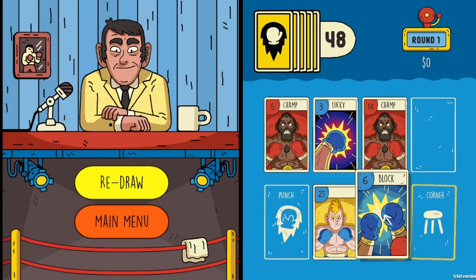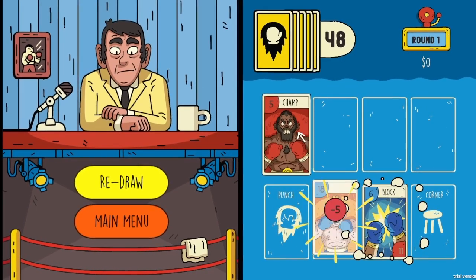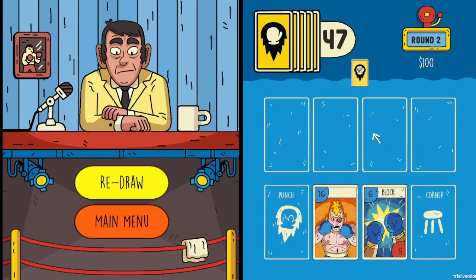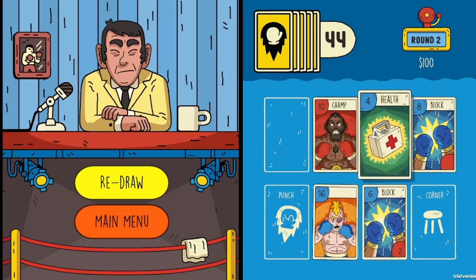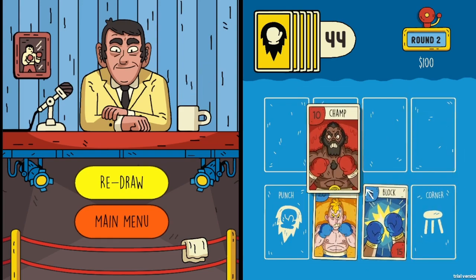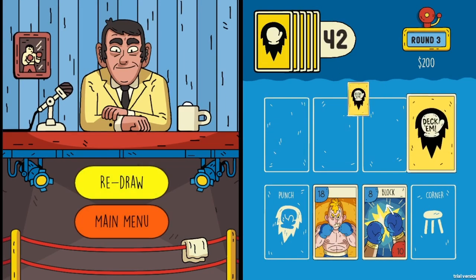So usually save those sucker punch cards for high number champ attacks. Now the other attack cards, you get your lucky punches, your haymakers. They subtract the amount of attack on that card from the amount of attack the champ has. So if you have a 3 lucky punch and he has a 10 champ card, you subtract that 3 from the 10 and he only has 7 now. This helps you get those numbers down so that you can get your blocks in, because that's really what this